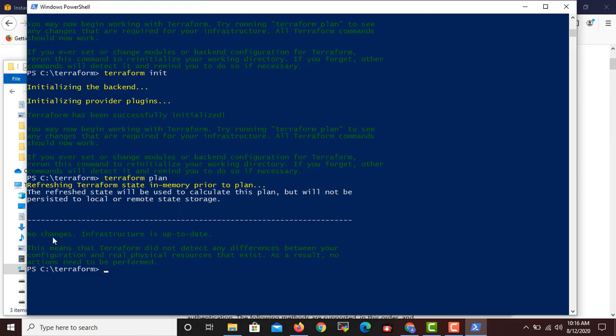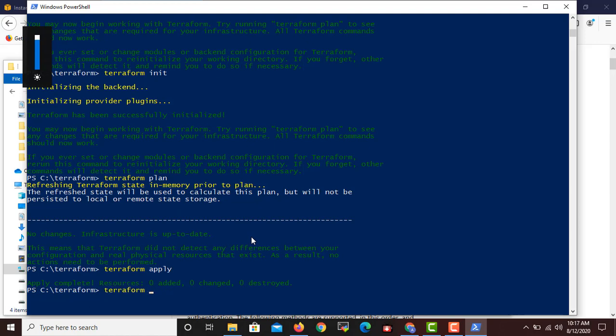And once it checks, it says no changes, infra is up to date, because you didn't make any changes there. This means that Terraform didn't make any new change. Now another command is Terraform apply. So it says 0 added, 0 changed, 0 destroyed. The beauty of Terraform is that if your resources are already created, right? If you make any new change, if you add any new things, it will not destroy the previous change, or it will not override the previous change. It will just add the new things, right?